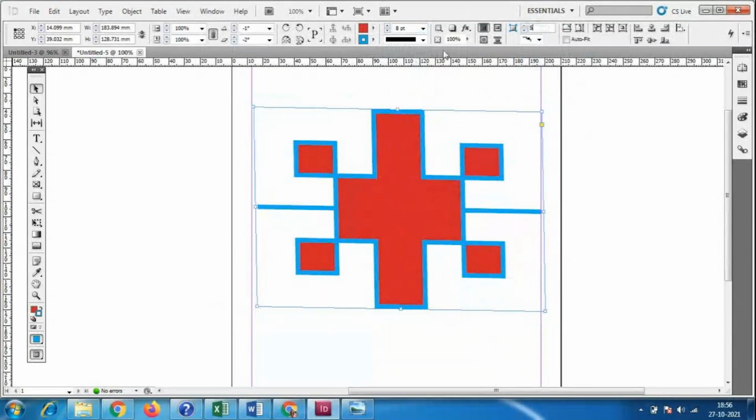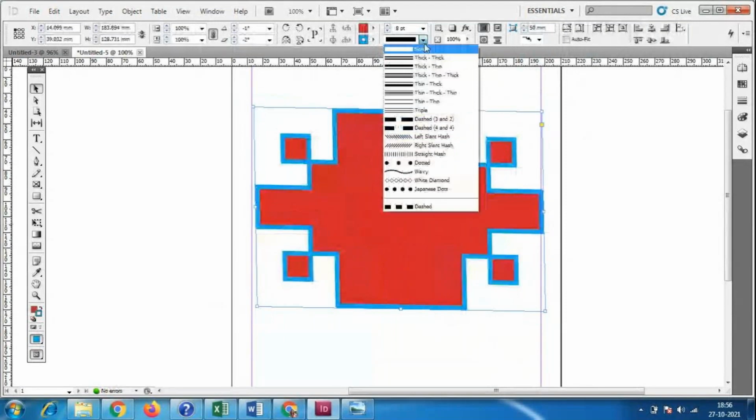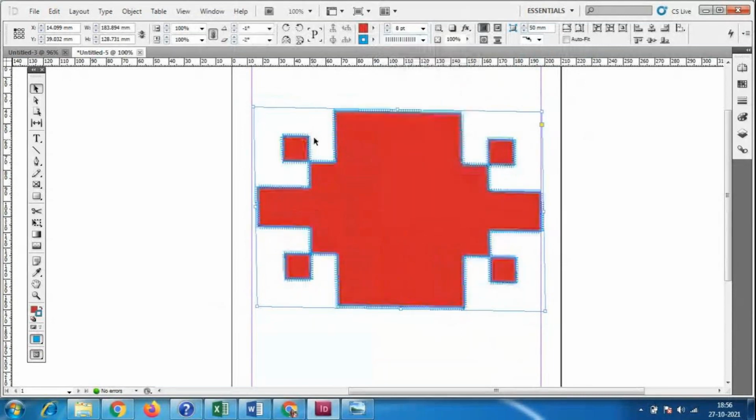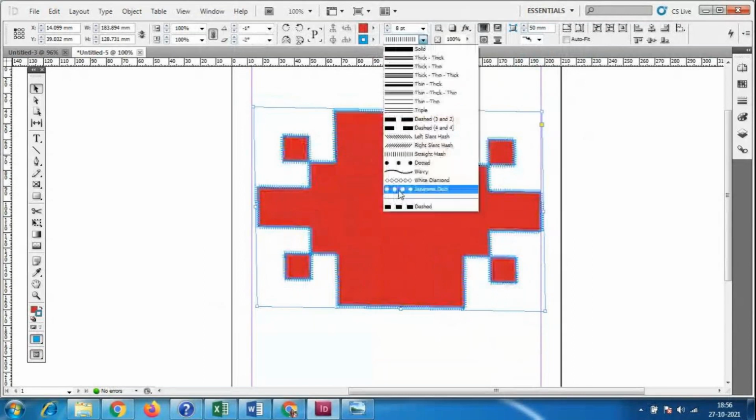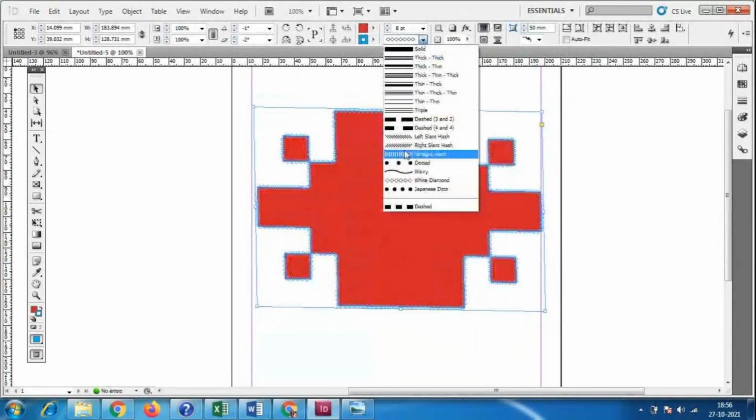Even with the outline, we have different designs. We have the straight hash design, the white diamond design for the outline, and the curvy shapes.